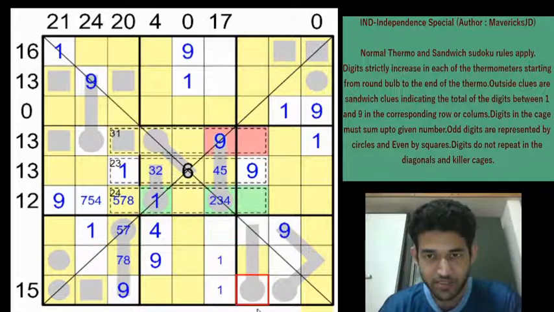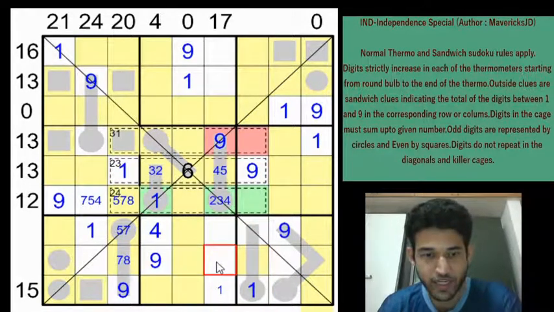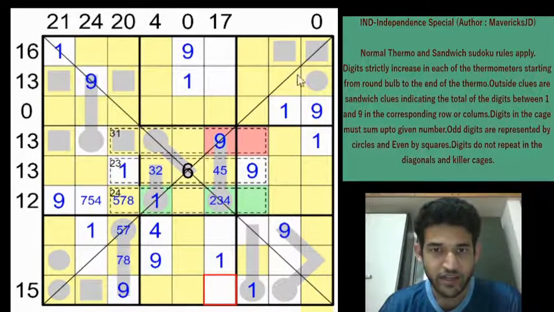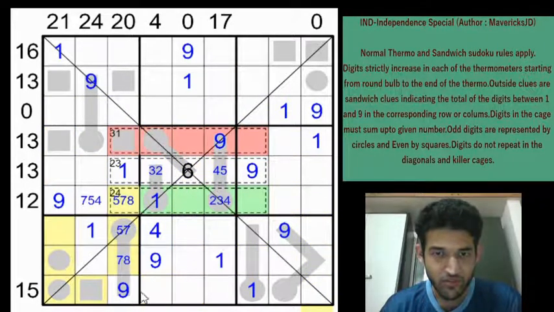And in this box, 1 cannot be in column 8. It cannot be in column 9. And in this thermo, it can only go in row 7, row 9, column 7. So that gives a 1 here. So now we have marked all these cells of 1 and 9, right? So we don't need the yellow notation anymore. That has served its purpose, so we'll remove them. We have marked all the digits 1 and 9. So we have completely completed the sandwich part.